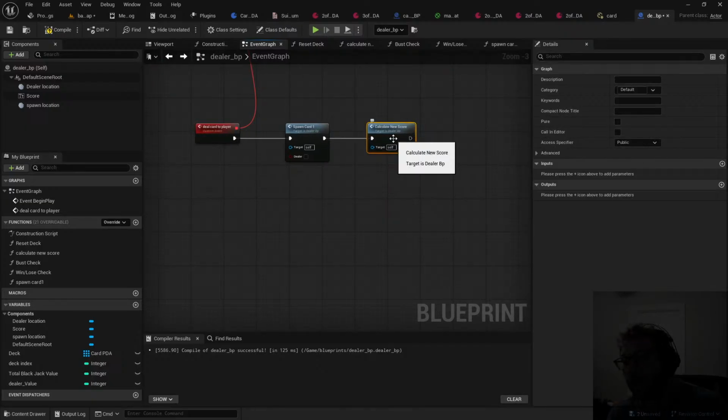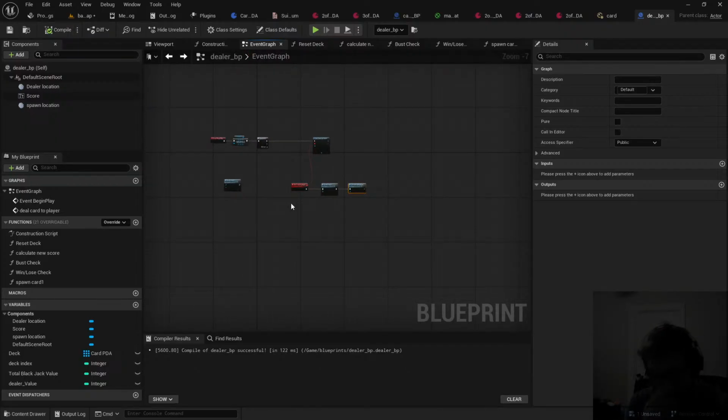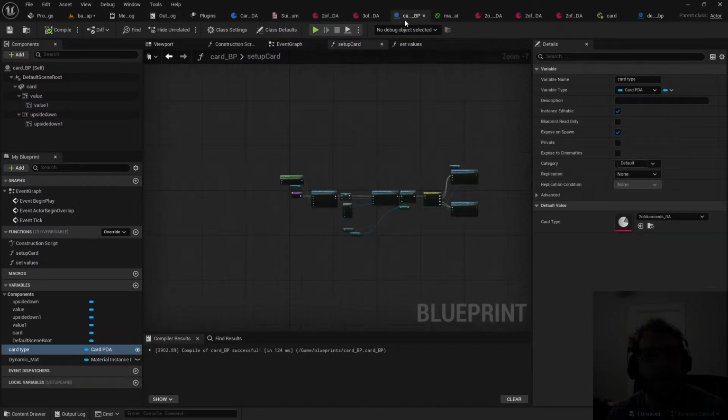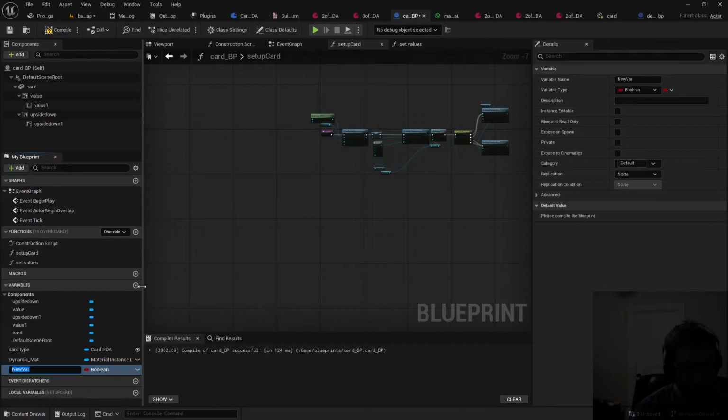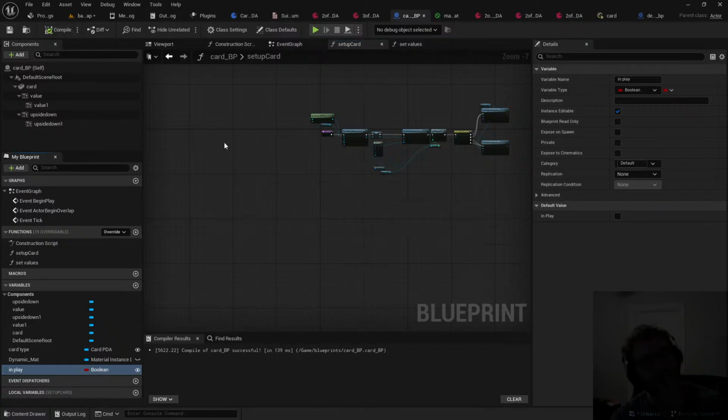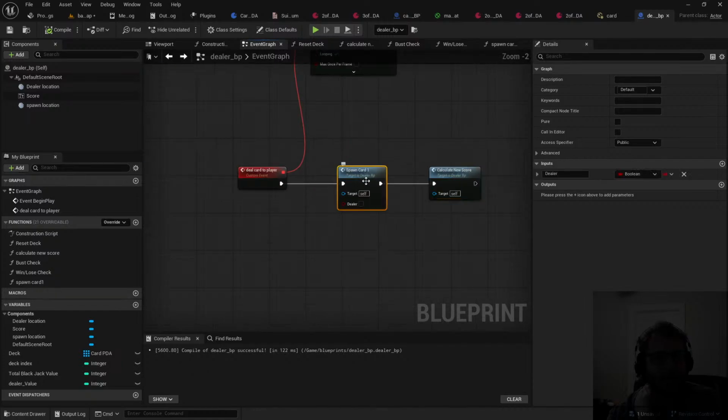Aha. But we have a problem, right? When we get all the cards, we're going to end up getting the dealer's cards too. So what we can do on the card blueprint is make a new variable called in play. And now this variable, we can set it on spawn too, so we can make it real simple. Now, that can mean whatever we need it to mean. And for this, it means that it's in play for the player. The other two are not. So we're going to go back to here. When we spawn a card,